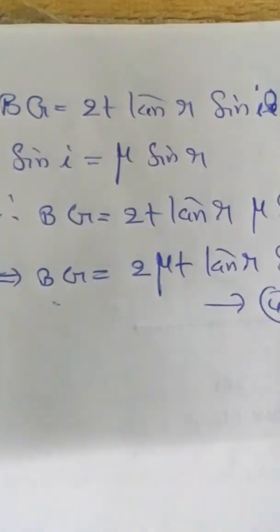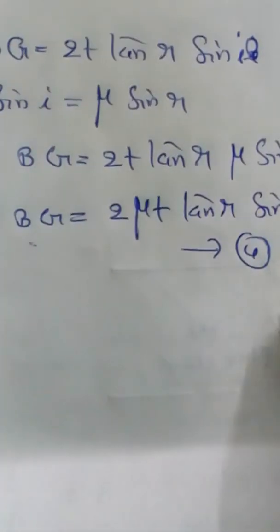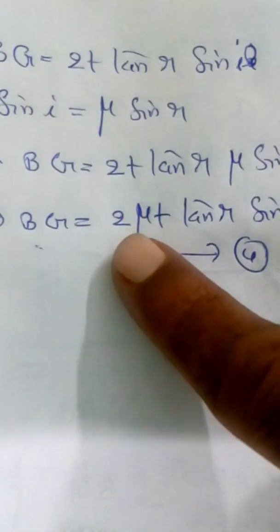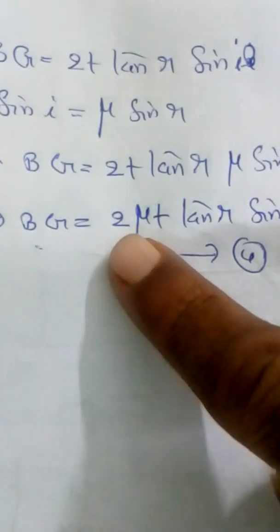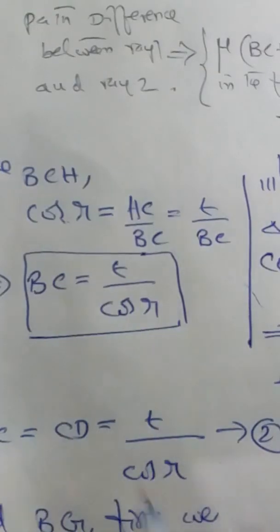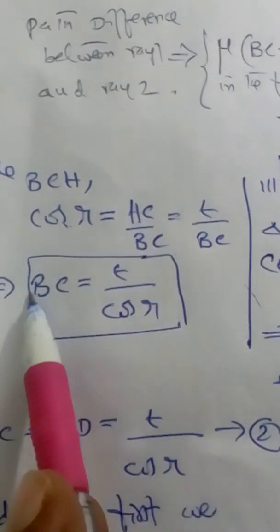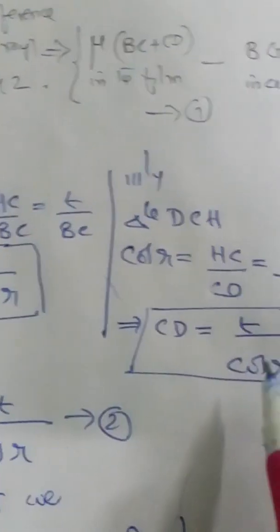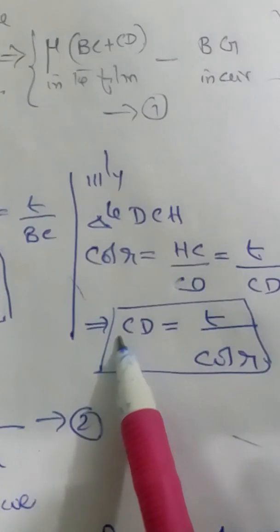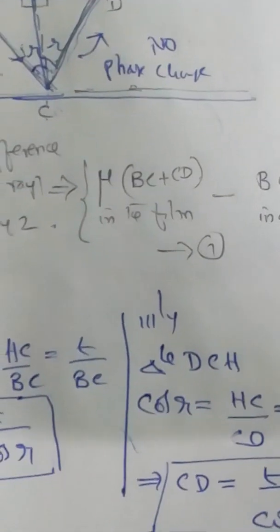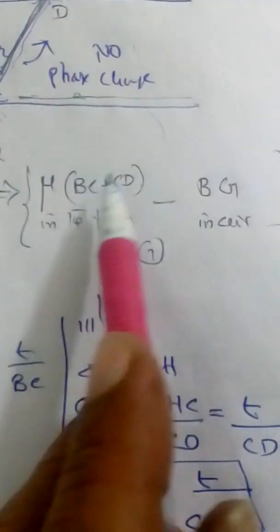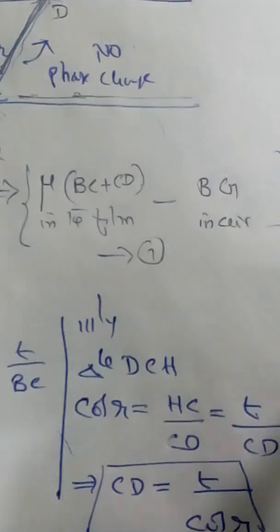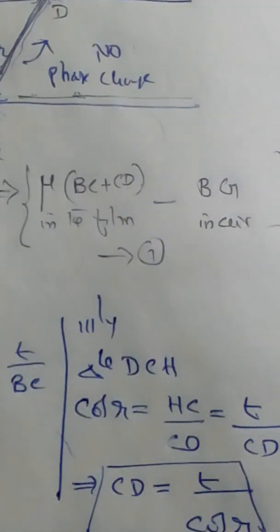Called as equation 4. So from equation 4 we got the value of BG. From this equation we got the value of BC. From this equation we got the value of CD. So now if you see the very first equation for path difference between the two rays, we got the values of BC, CD and now BG. Putting all these values in equation 1,